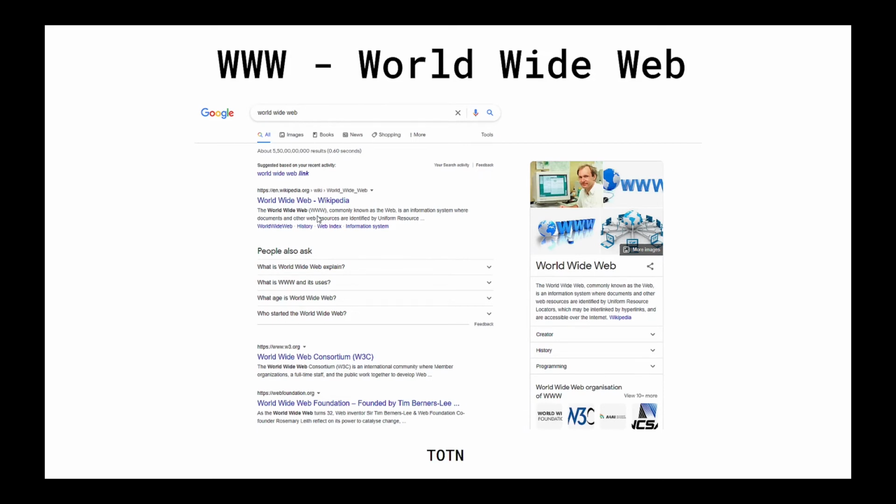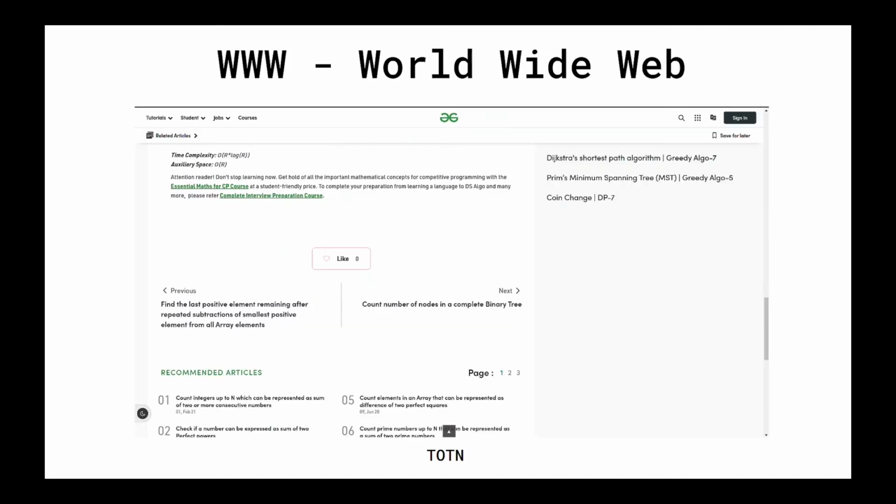So these web pages can be represented in terms of a graph. Say for example, we have a web page from Geeks for Geeks, which is for some random article. So if you just scroll down, you would be able to see the recommended article section over here. Okay, so these are pointing to yet other web pages. So hence we can say that there is an edge from this web page, the article that I'm currently reading, to the pointed page, the one that I will be redirected to when I click this particular link.